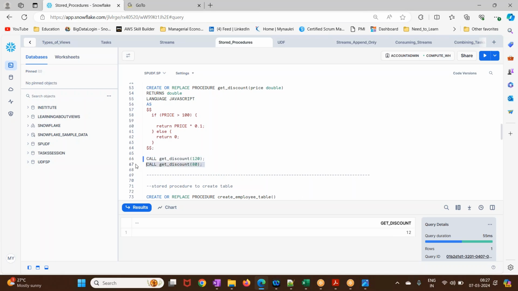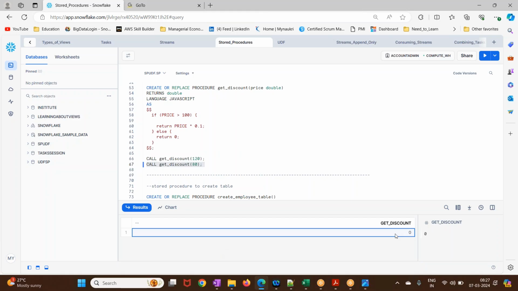Similarly, if I execute 80, as the price is less than 100, it will evaluate. The price is not greater than 100, right? So it will return 0. That 0 got returned. So, hope you are able to understand, to work on the procedural logic, you